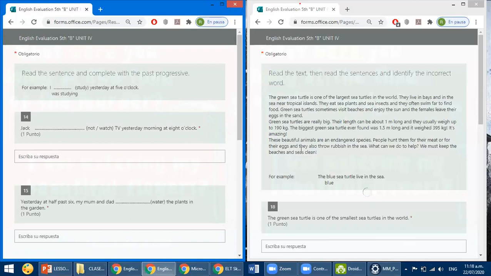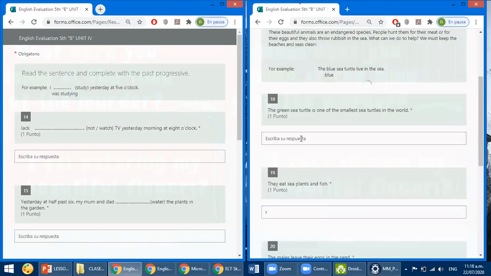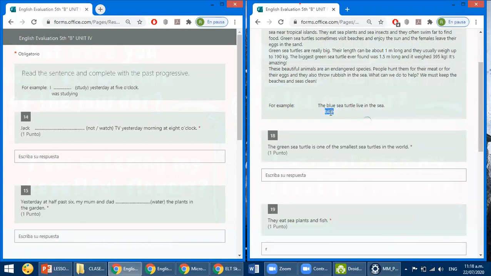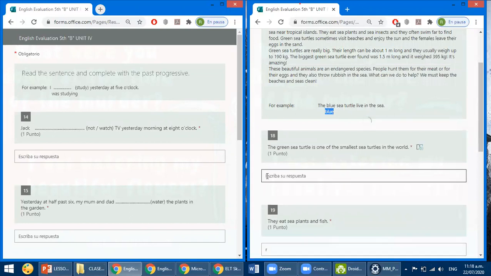No, profesor, eso no. El del otro, de la tortuga. Sí, Byron, sí, ahora voy contigo. Byron, en tu caso, solo debes escribir la palabra incorrecta. Una de esas palabras que tienes en oración está incorrecta. Esa nada más quiero que escribas en el espacio. Solo esa, que identifiques cuál es la que está mal.